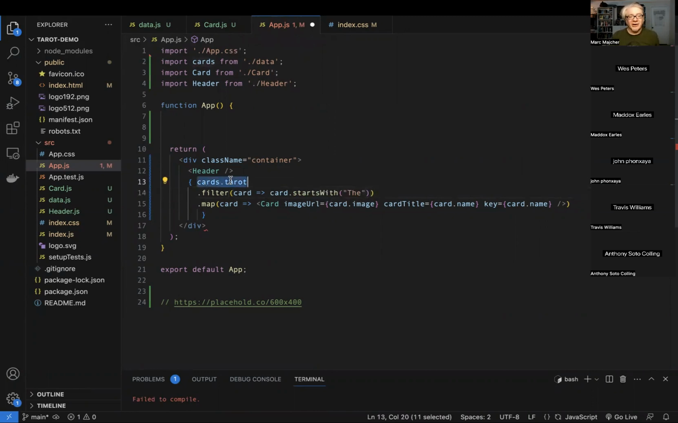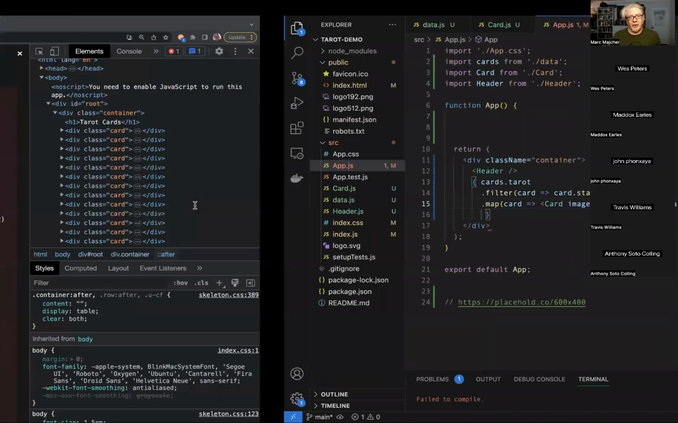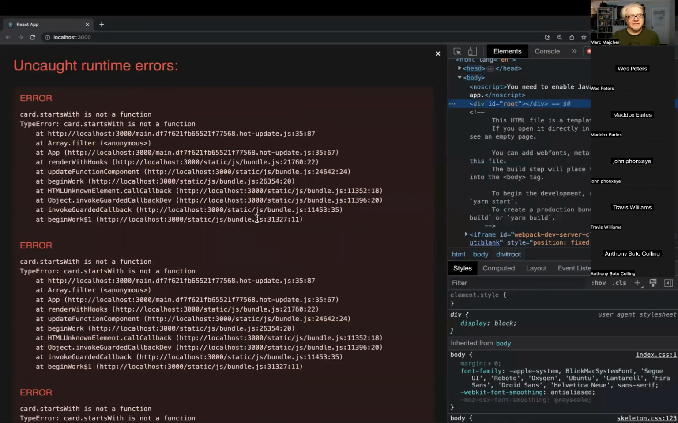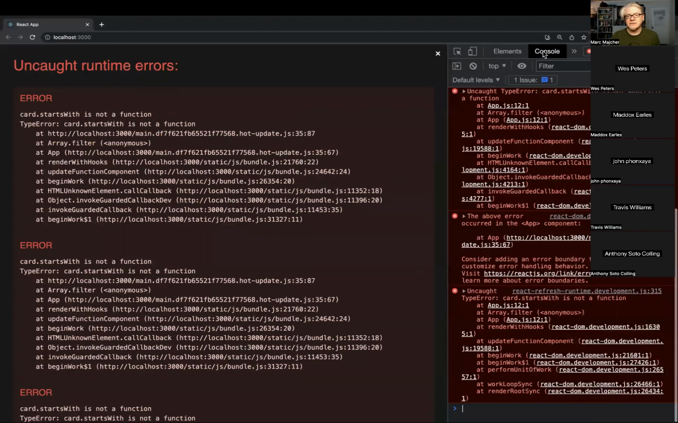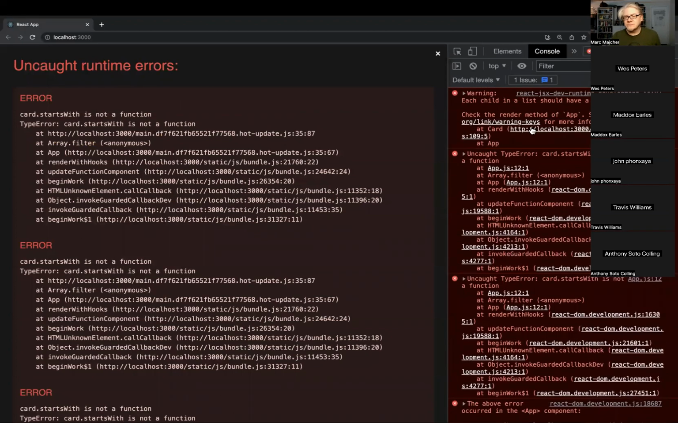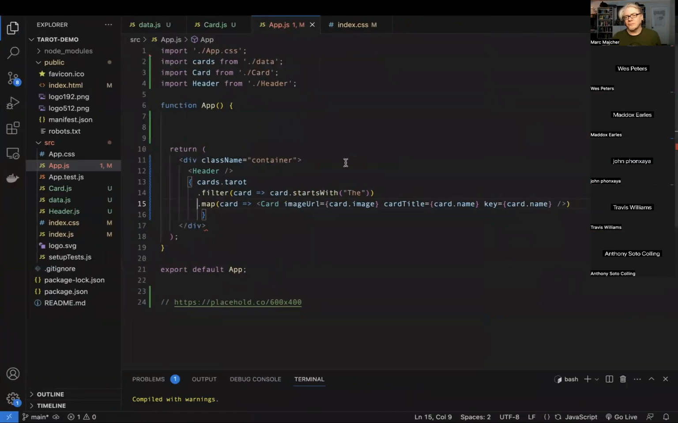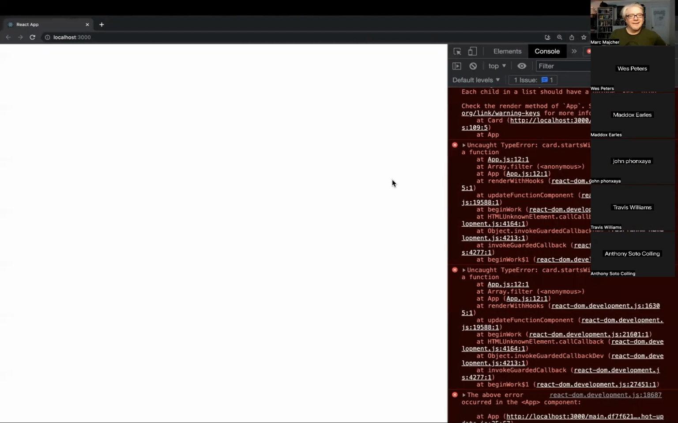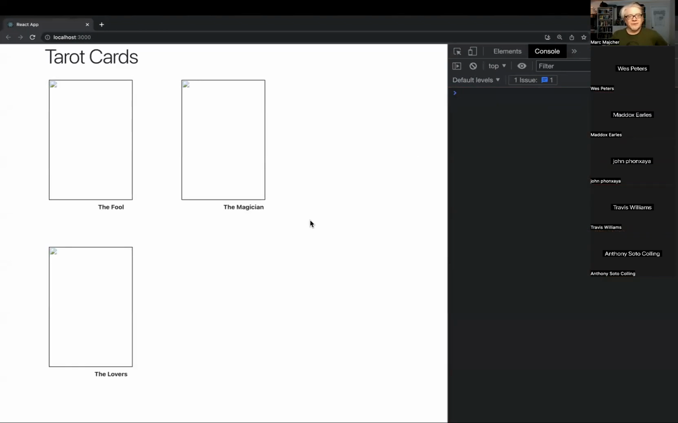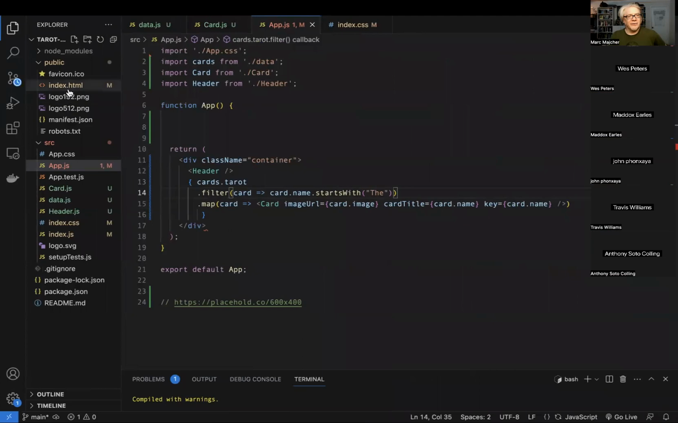So this is taking our list, we're filtering the list down, and then we're mapping over it. And that should give us runtime errors. What's the errors? Card starts with is not a function. Is that true? Yep, it is true because it's card name. Aha. Errors are useful. Cool. So now we only have these ones, the Fool, the Magician, and the Lovers, because all the other cards,